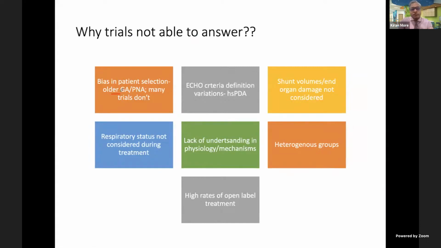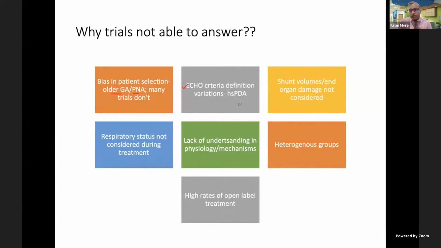First of all, many trials, because of the numbers they could recruit, selected older gestation babies. They included babies less than 32 weeks, or sometimes even 34, where we just saw that PDA is not the problem in these babies. So you treat or not treat doesn't make a difference. So there is a lot of bias, and postnatal age also is sometimes considered older. There is no definite standard indication which these trials have followed. Plus, echo criteria which were followed are quite different, and no comprehensive hsPDA definition has been looked at,